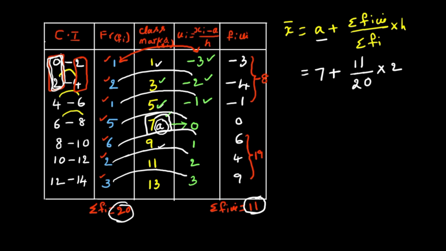Now what we do, 2 ones and 2 tens get cancelled, right? Now the next step we write, this is 7 plus 11 divided by 10. Okay, so in the next one, again this is 7 plus, what is 11 divided by 10? 11 divided by 10, the answer is 1.1. We have one 0, so take the point before the last digit, that is 1.1 you can find. So 7 plus 1 is 8 point 1. Okay, so 8.1 is the arithmetic mean of the given data.